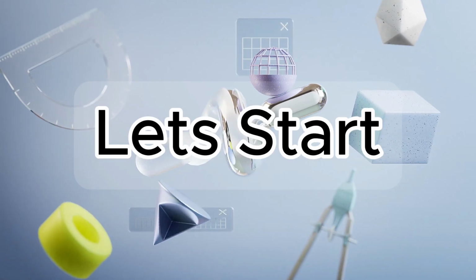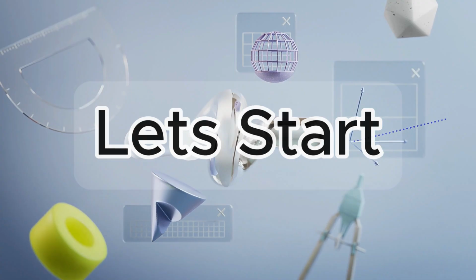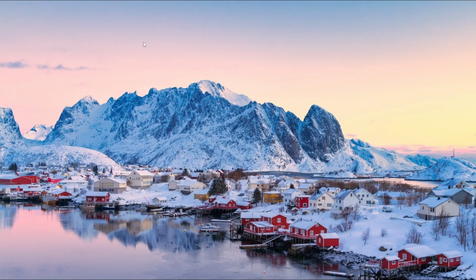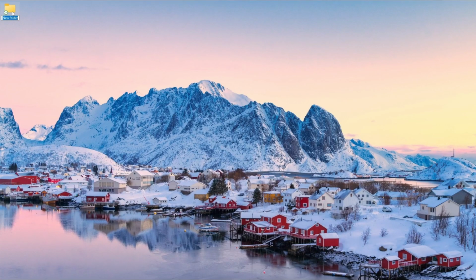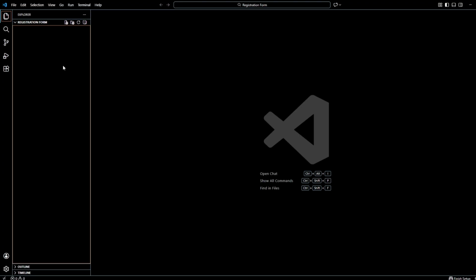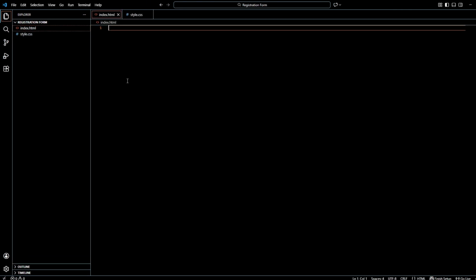Alright, without wasting any more time, let's jump in and start building our form. So the very first step is right click and create one folder and name it as registration form. Now open this folder with VS Code. Once your VS Code is open, you have to create two files. The first is index.html and the second is style.css. In index.html, we are going to write our HTML code, and in style.css, we will write our CSS code to